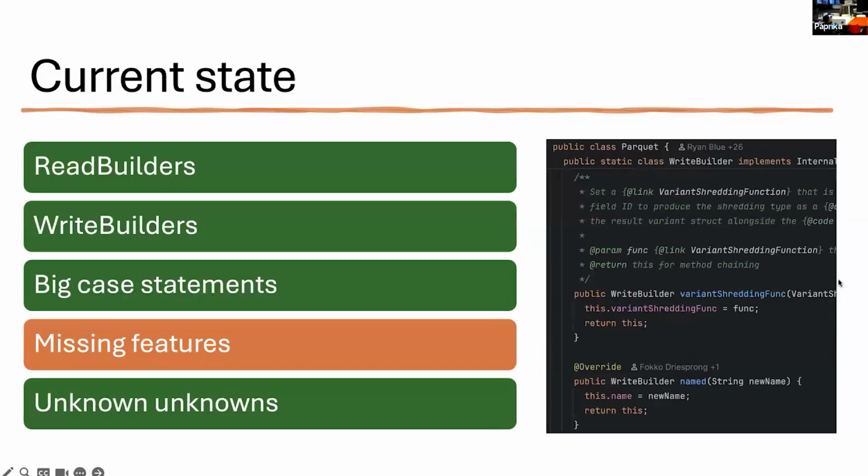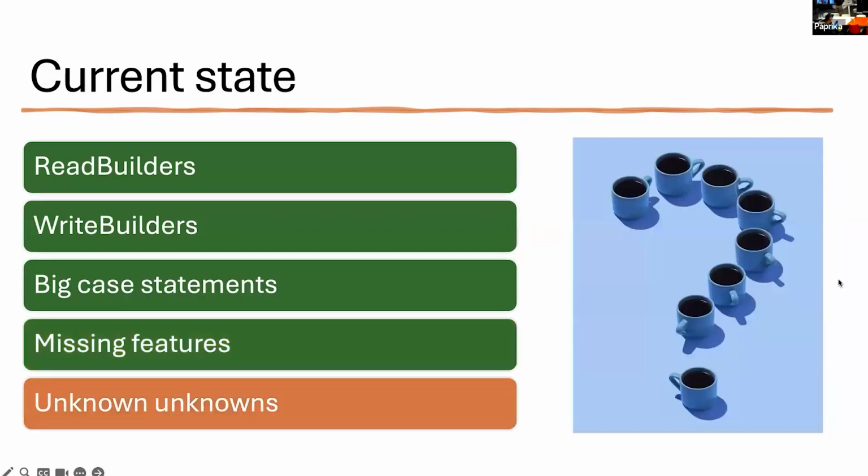Okay, don't ask me. And this code duplication basically creates a hotbed for missing features. There are some features which are implemented in ORC. There are some features implemented in Parquet, and nobody really knows what is missing, what is there, what could be used but is not able to be used, and it's full of unknown unknowns. You don't know what you don't know.